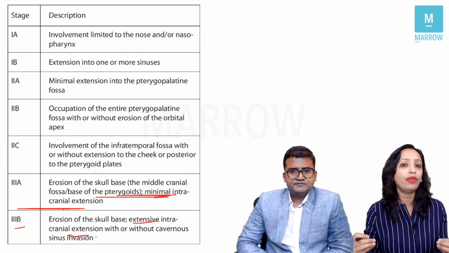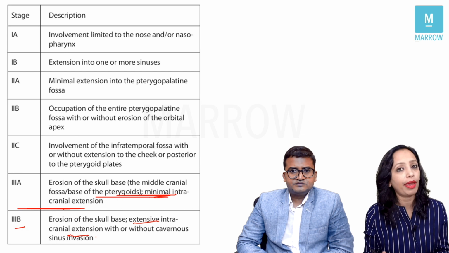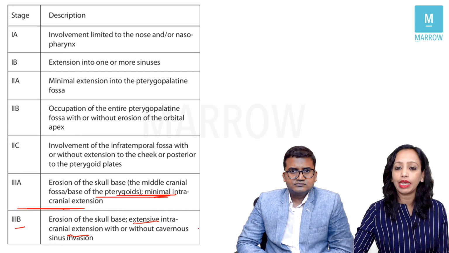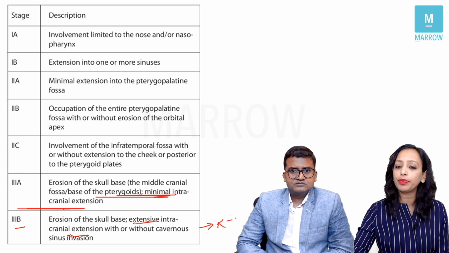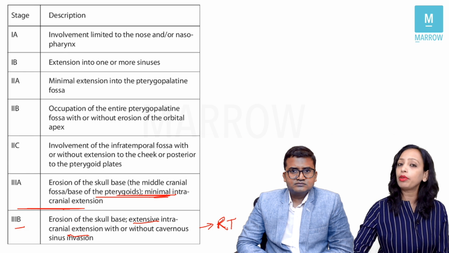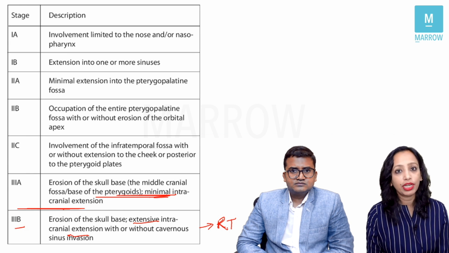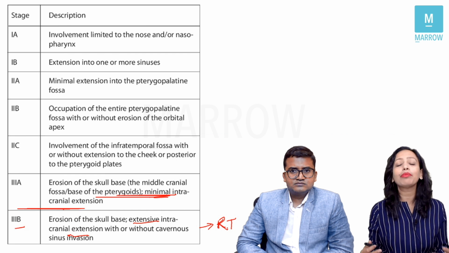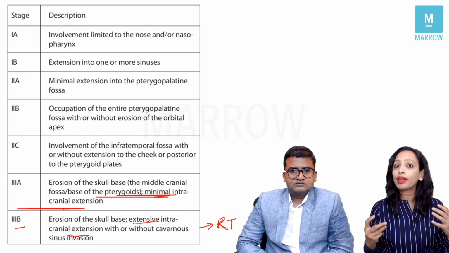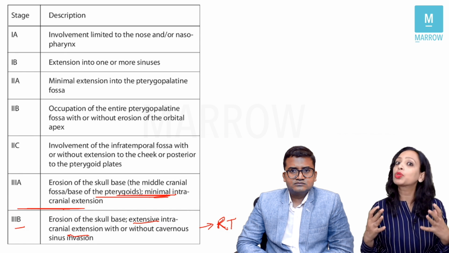So in which one will you go for radiotherapy as the primary management? Yes, in the 3C. In the 3C here, the primary management is radiotherapy. Rest all, the primary management of angiofibroma is always surgical excision. So that is why, when surgery becomes the primary mode of management, you can understand that the anatomy becomes so